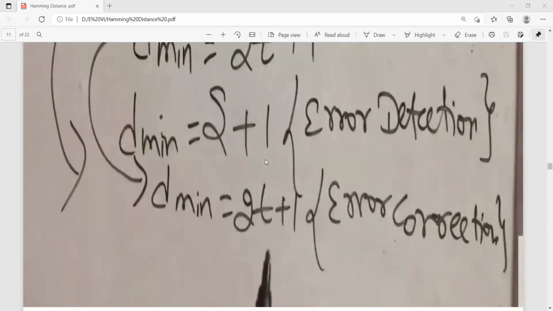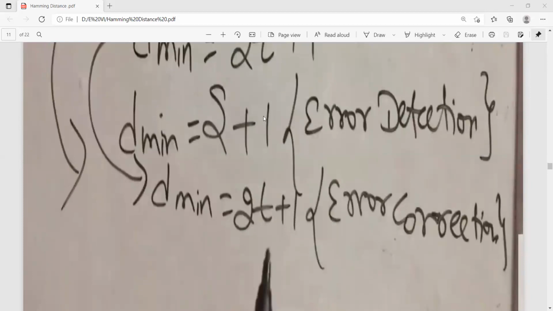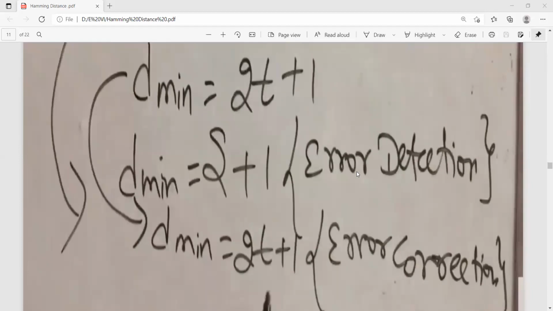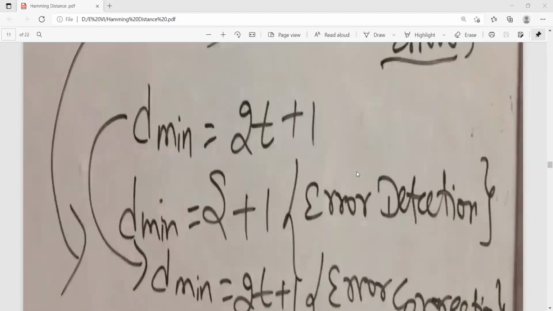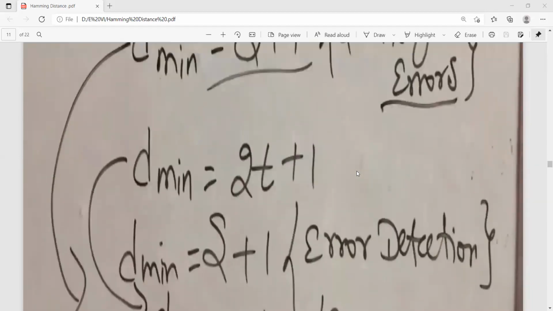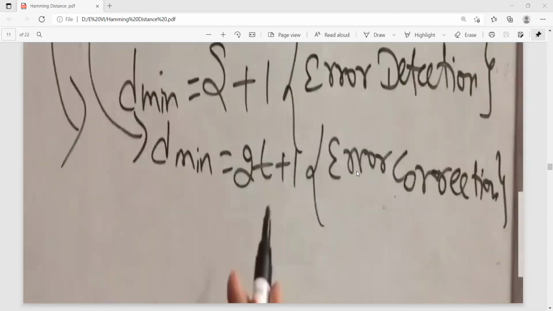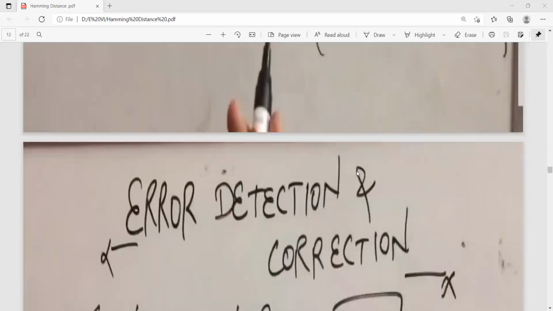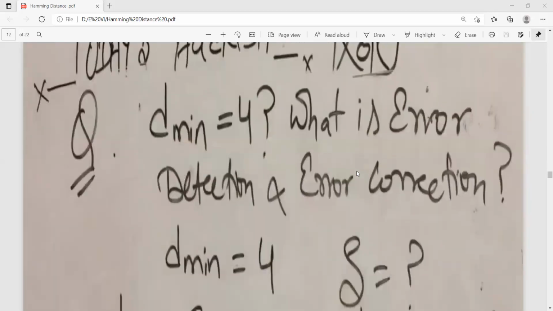So this is the error correction, and t is the correction factor. So S and T values you have to determine. So this is one example.